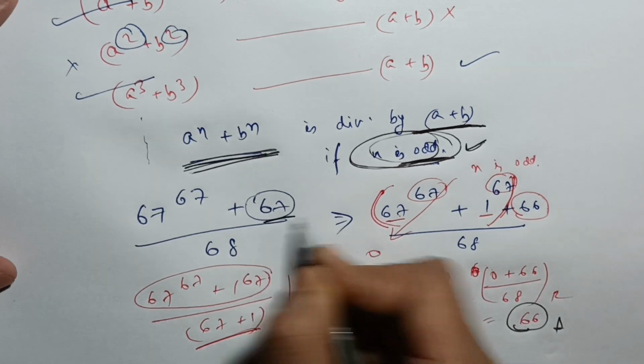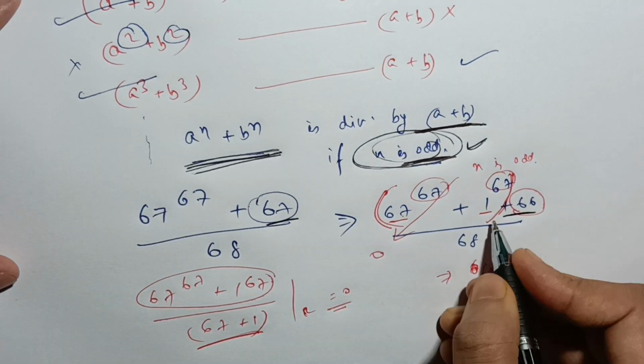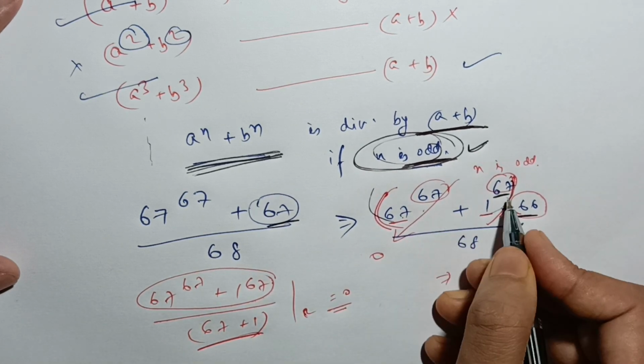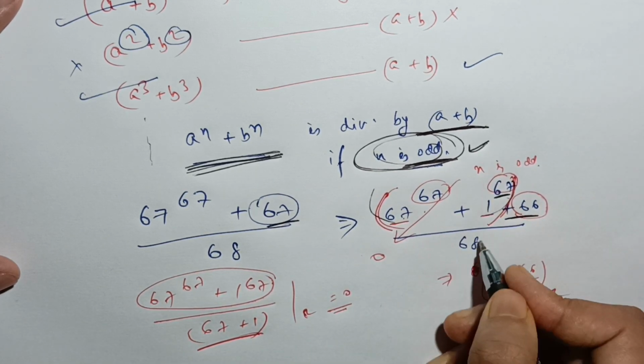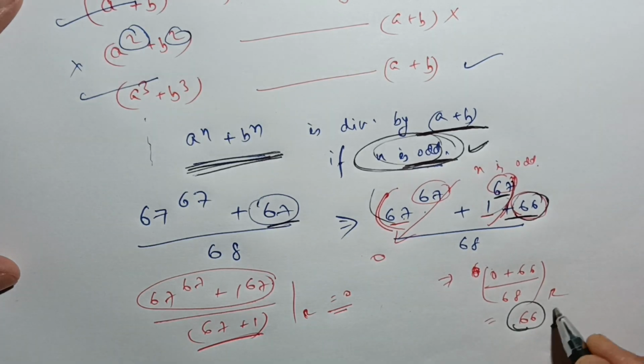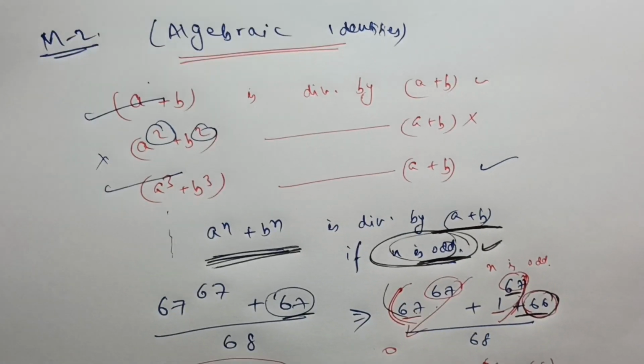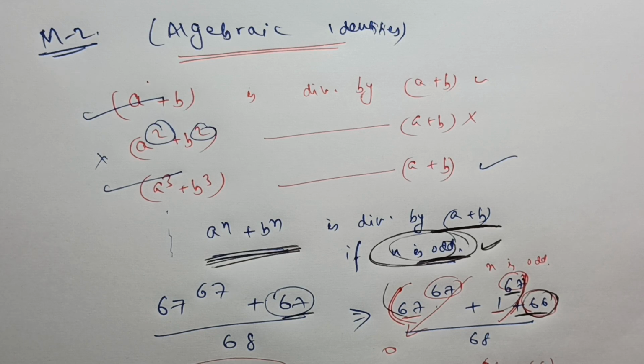And then I split 67 as 1 plus 66, and I wrote 1 raised to the power 67 so that I can form a pair of a raised to the power n plus b raised to the power n, and I found that this is divisible by 68. So I am left with 66, and I got 66 as the answer. So this way we solved this good question. I hope you learned a lot of things in this question. You learned the concept of negative remainders, and how we can leverage that concept, and this will be highly beneficial for you in further remainder questions, right? So thank you.